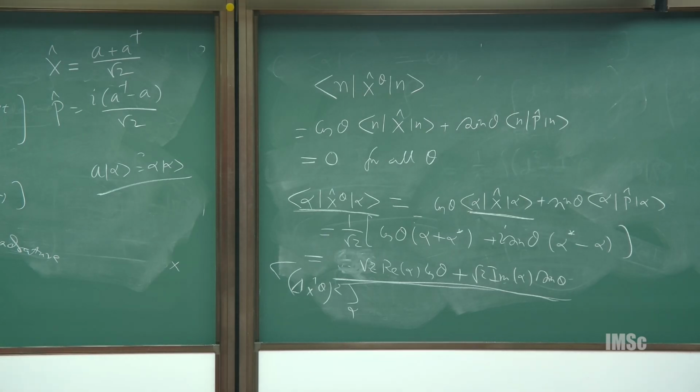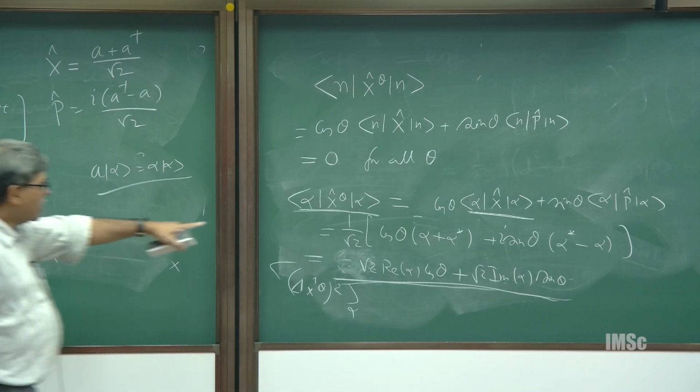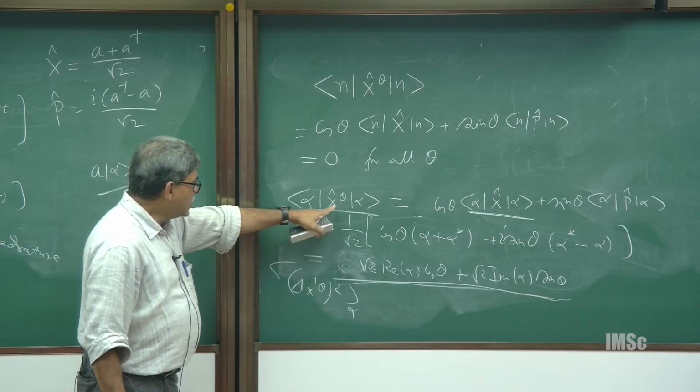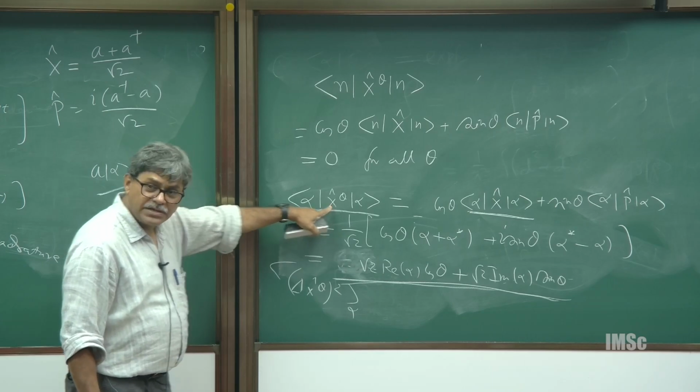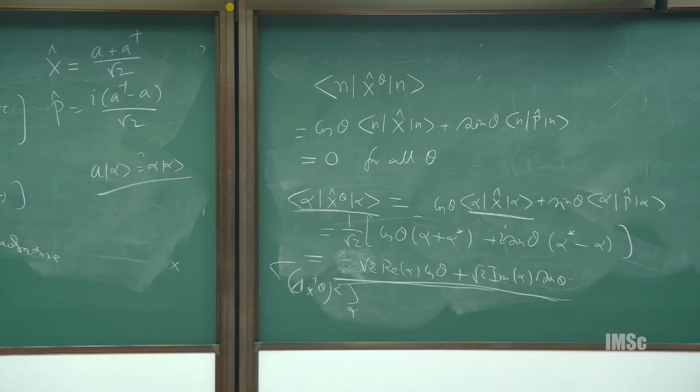So, in other words, coherent states are somewhat close to classical, and the classical correspondence of this quadrature is this variable, what I have written here, where you replace this by theta. Okay. So, the coherent states in this sense resemble your classical electromagnetic field, okay, because it